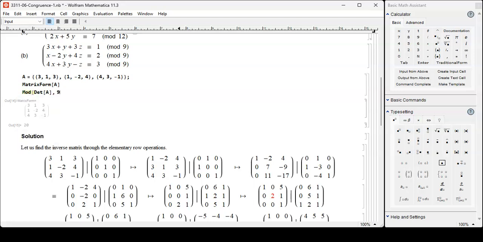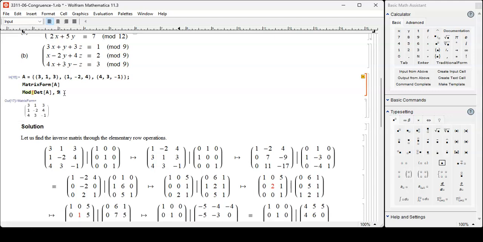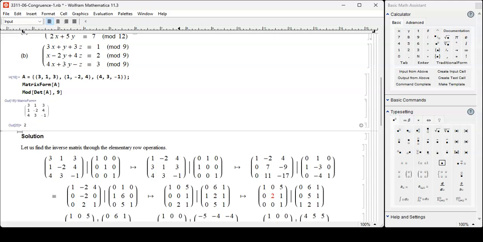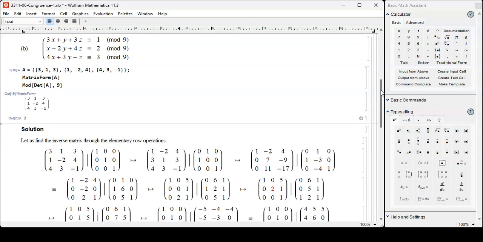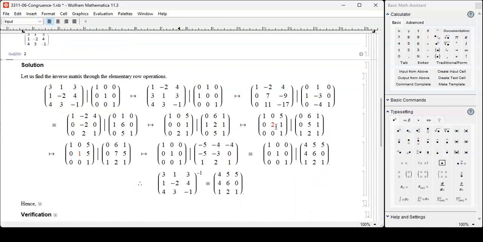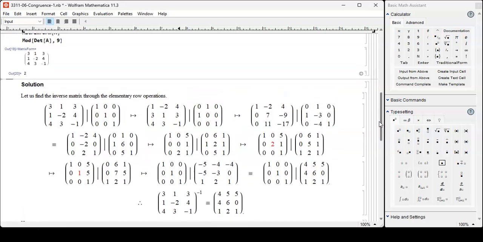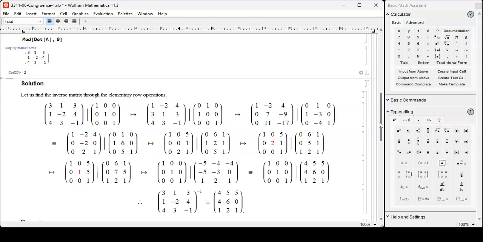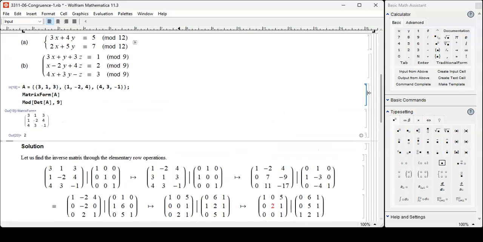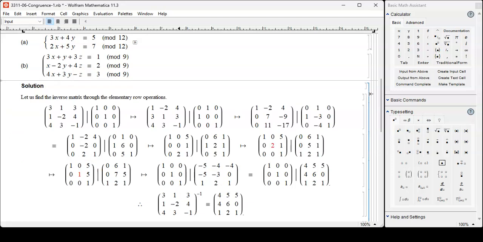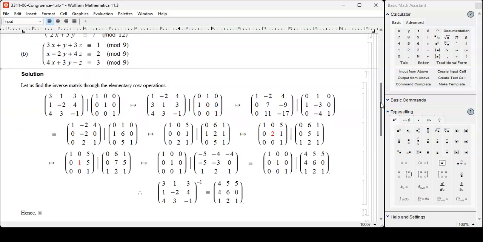And we're doing mod 9. So we have to divide by 2 at some point, and I just divided it by 2 right here by multiplying by 5, which is the multiplicative inverse of 2. So you can see the division by the determinant,